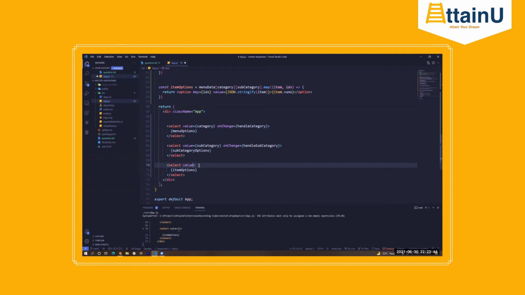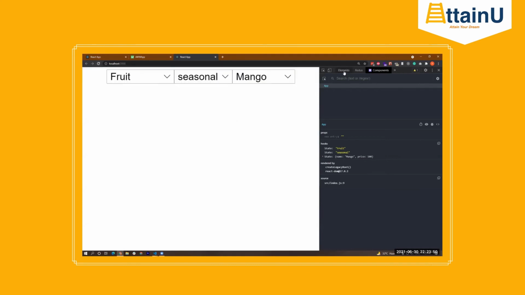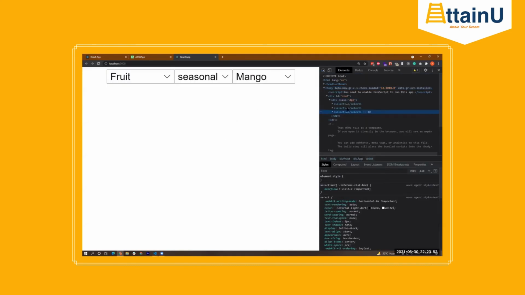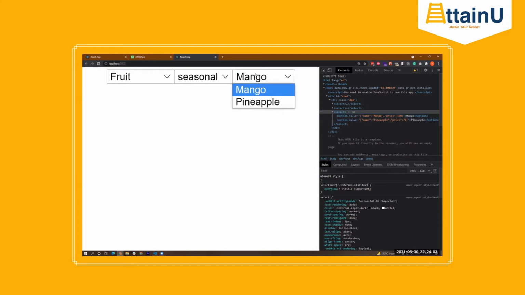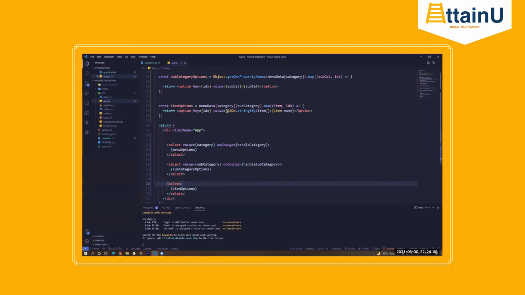Let me just comment this out for the time being, just to show you. If we go into elements and hover over this, see the value here is that same string, right? There is a benefit of it. We'll come to it in a little while. Now we just have to make it a controlled component accordingly, right? So basically, select item will have these values inside these options.